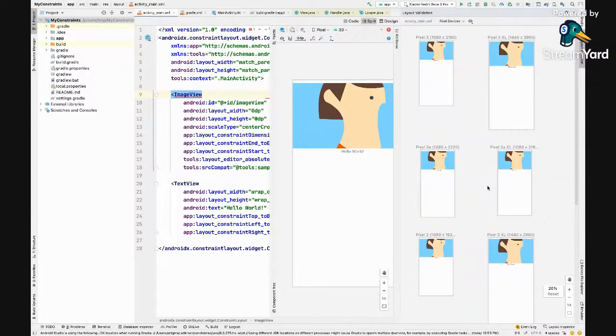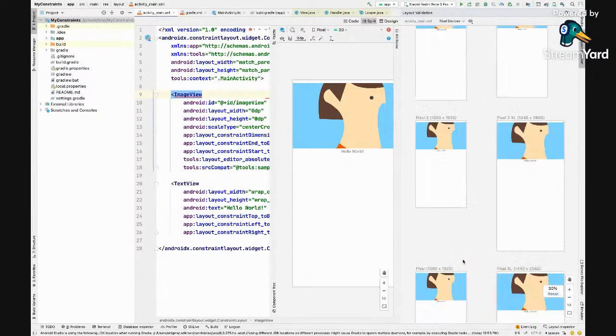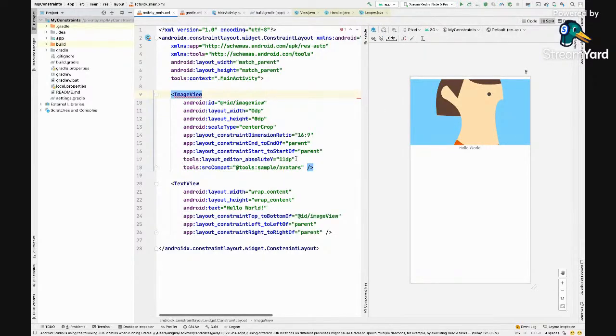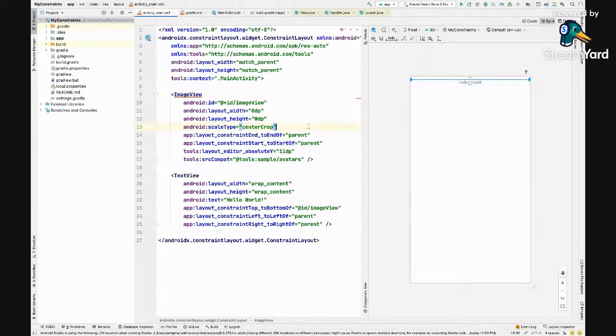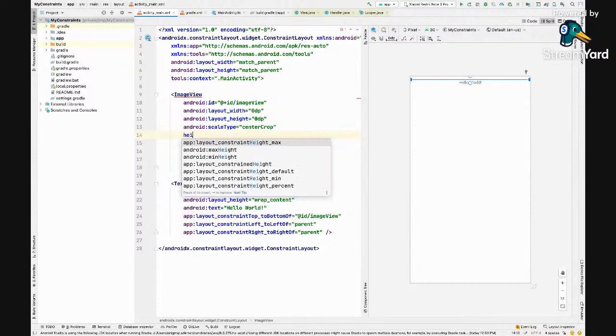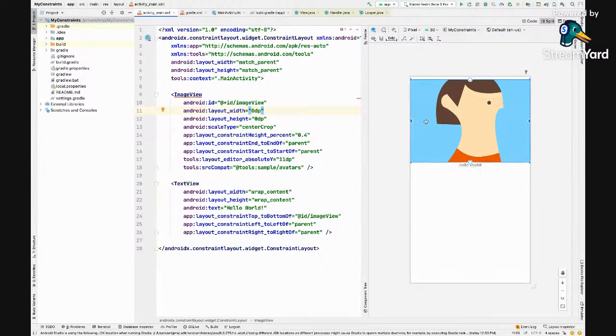Let's go to layout validation. We can see in pixel C this is a problem. So let's say I don't care about this particular constraint, dimension ratio, now. Let's say, for example, I just want it to be 40% of your height, right? So in that case, I'll say just height percent. I'll just say 0.4. In this case, whatever your screen is, it will just take 0.4 of it.